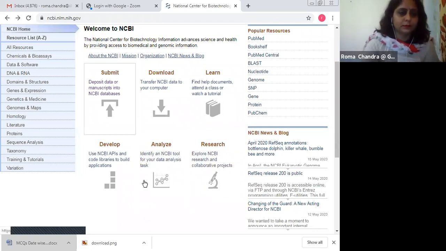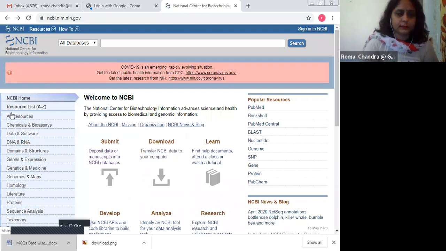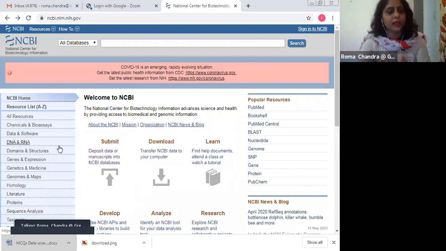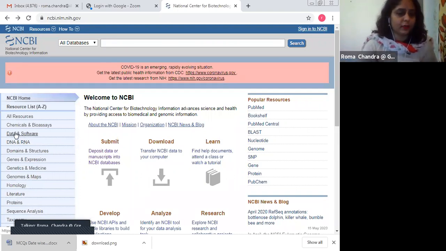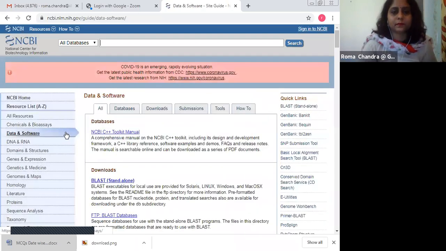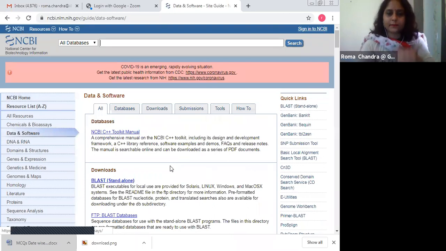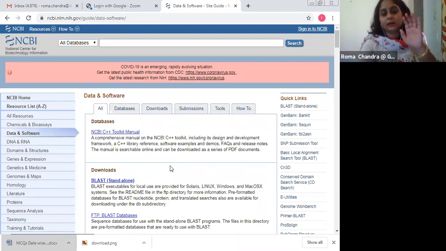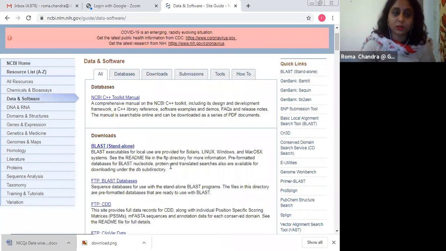Okay, so these are the number of tabs. You can click any of them and you will be directed to the information. Okay, for example, I'm clicking this data and software. So you can see these are the number of hyperlinks that opened on my page, hyperlinks which will redirect you to the various databases or the various tools.